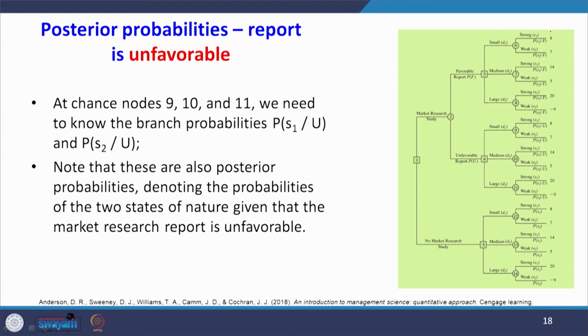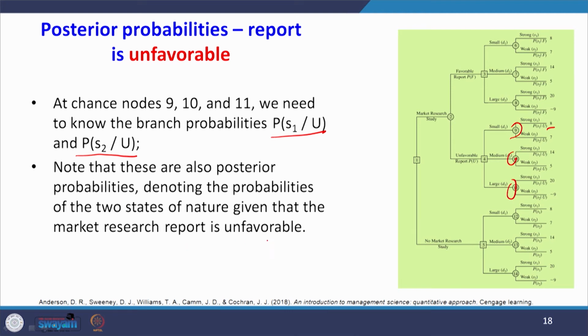At chance nodes 9, 10, 11, we need to know the branch probabilities P of S1 given U and P of S2 given U. What is the meaning of P of S1 given U? If the report is unfavorable, what is the probability that demand will be strong? That is P of S1 given U. Similarly, if the report is unfavorable, what is the probability that the demand will be weak? Note that these are also posterior probabilities, denoting the probabilities of the two states of nature given that the market